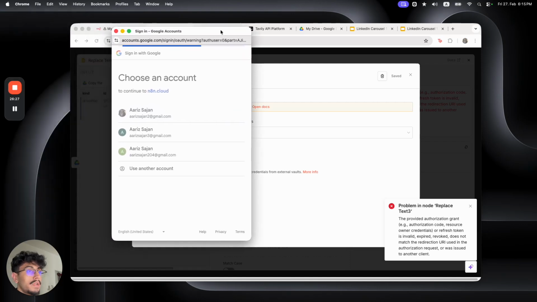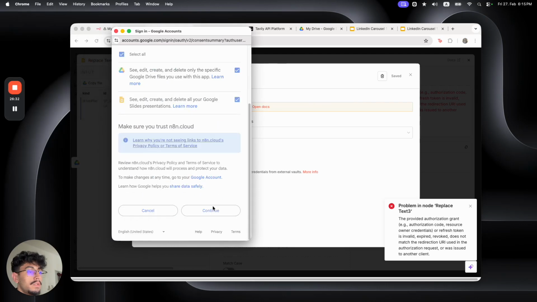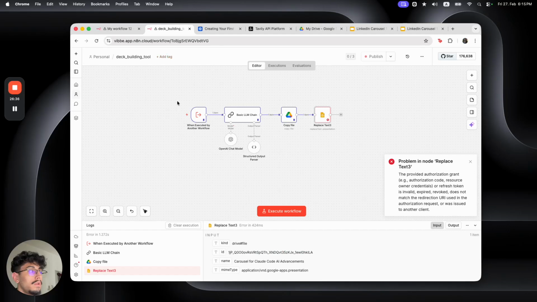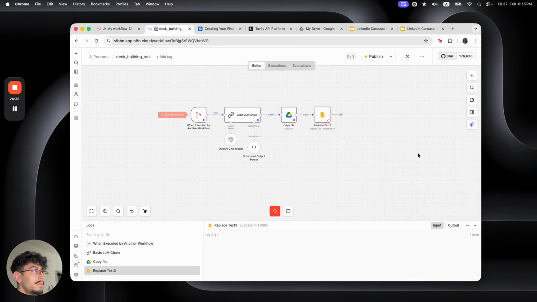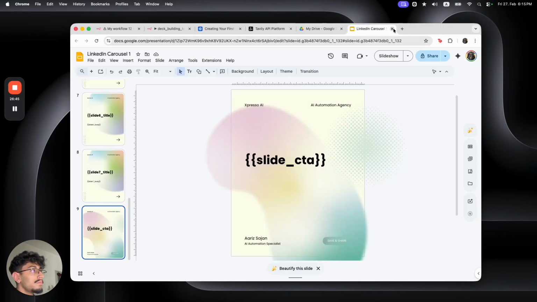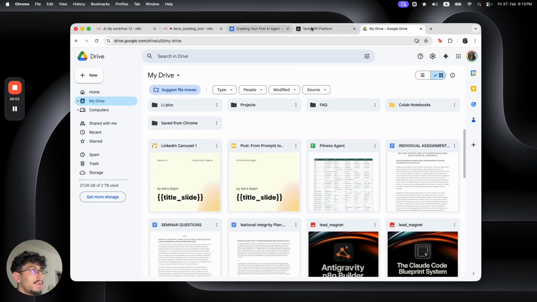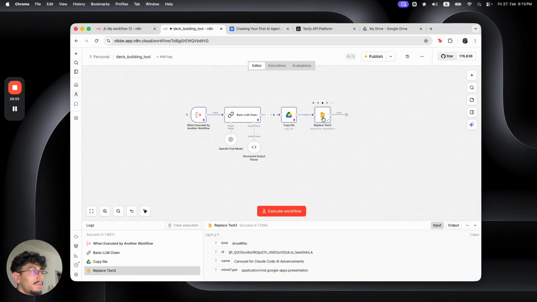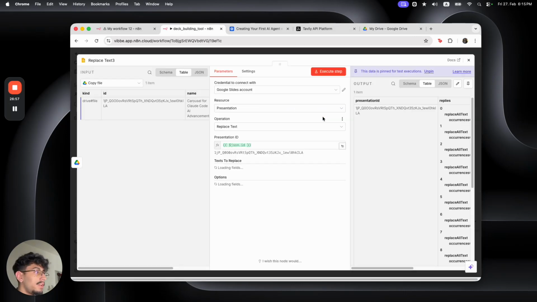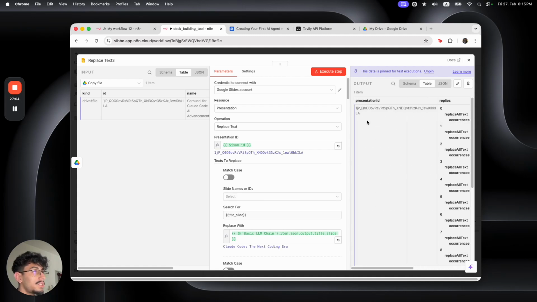So I'll choose this as my account, continue, select all, and press continue. Okay, so if I execute this workflow, you can see it says executed successfully. So now, if I look at my drive, what I'm looking for is the presentation that this thing just created. Now, the good thing is that we have the presentation ID,